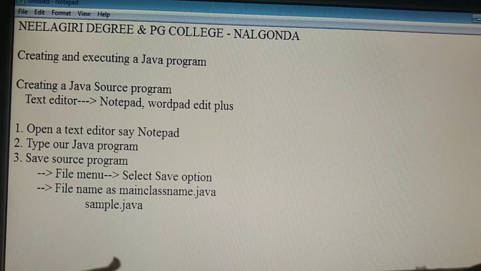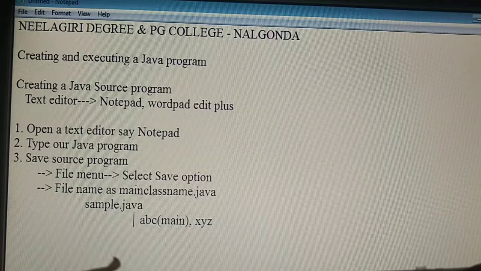We also studied that a Java program may have two or more classes. A Java program is a collection of classes. Suppose in a Java program, there are two classes. One is ABC, another one is XYZ. In ABC, there is a main method. Now which name do we have to give, ABC or XYZ?